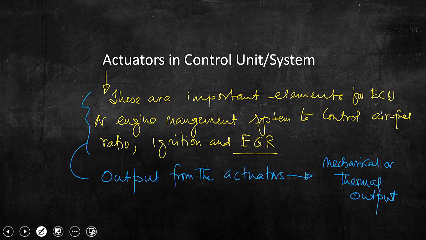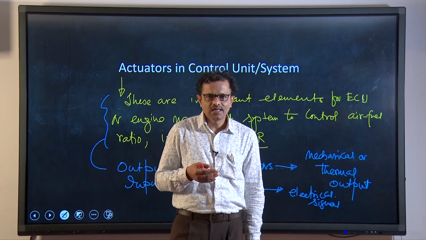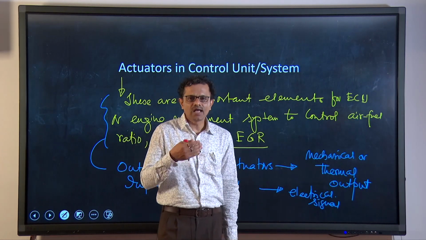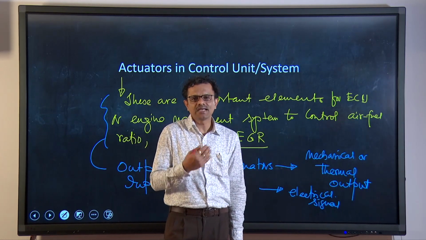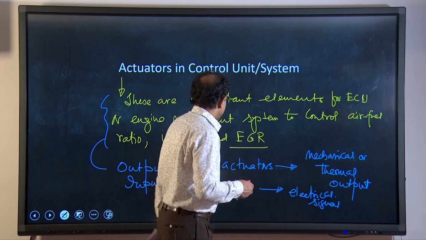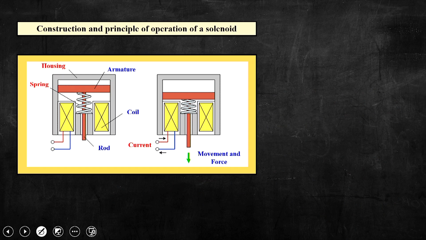Essentially, the input to the actuators is an electrical signal. So, receiving electrical signals, actuators are responsible to produce some output which is mechanical or thermal. Typically, examples of actuators are,